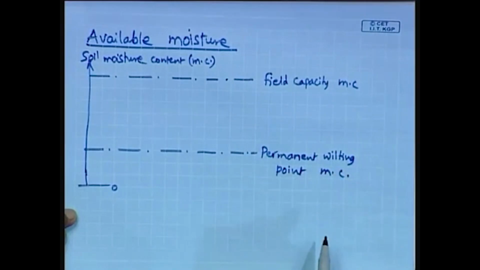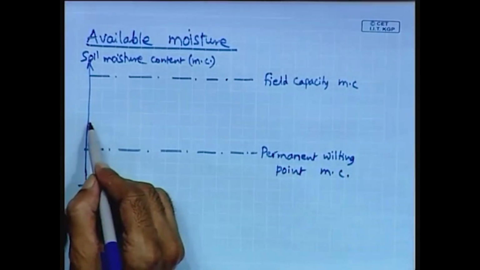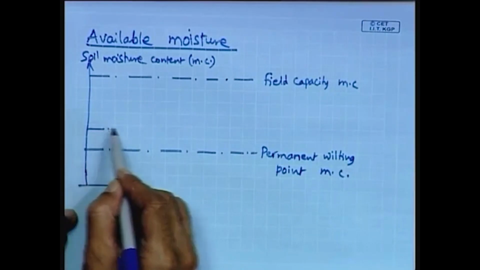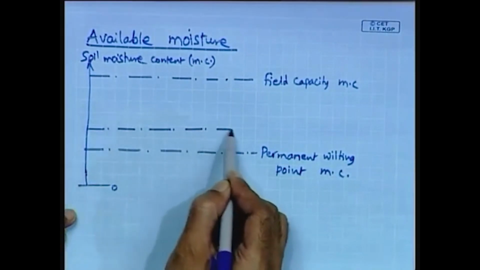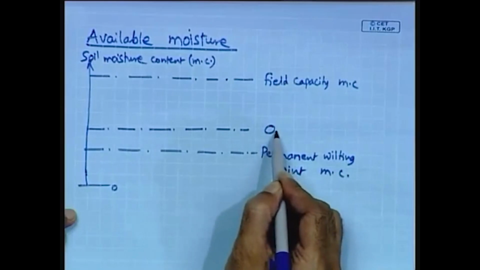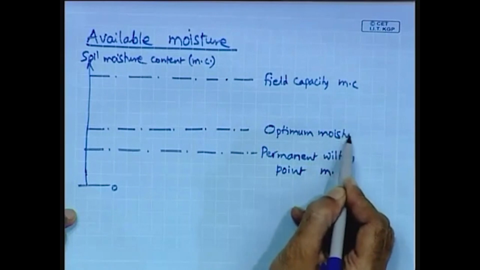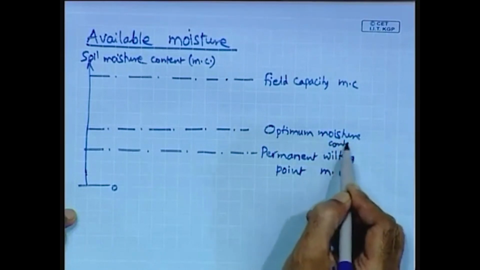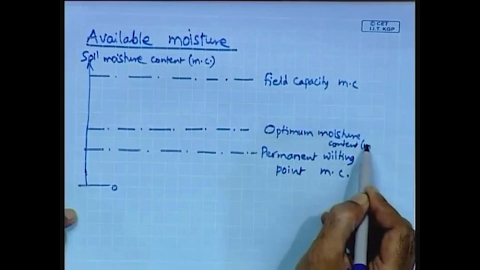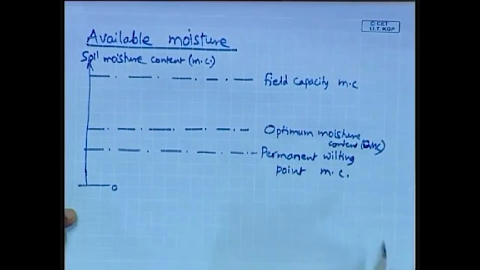Moisture content. And of course, there is also an intermediate, which is known as the optimum moisture content, or OMC. So, essentially, this field capacity is the amount of water which is held in a soil after